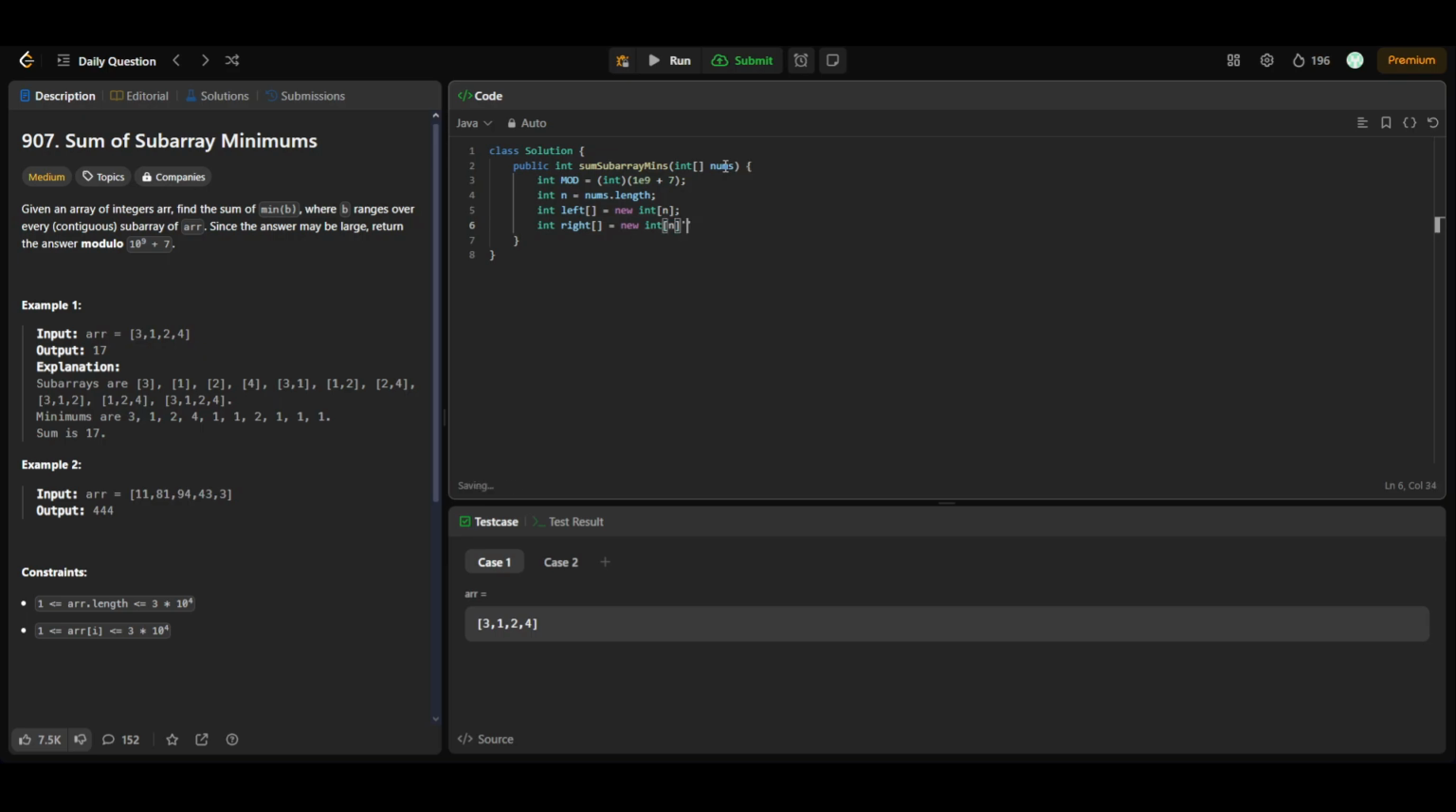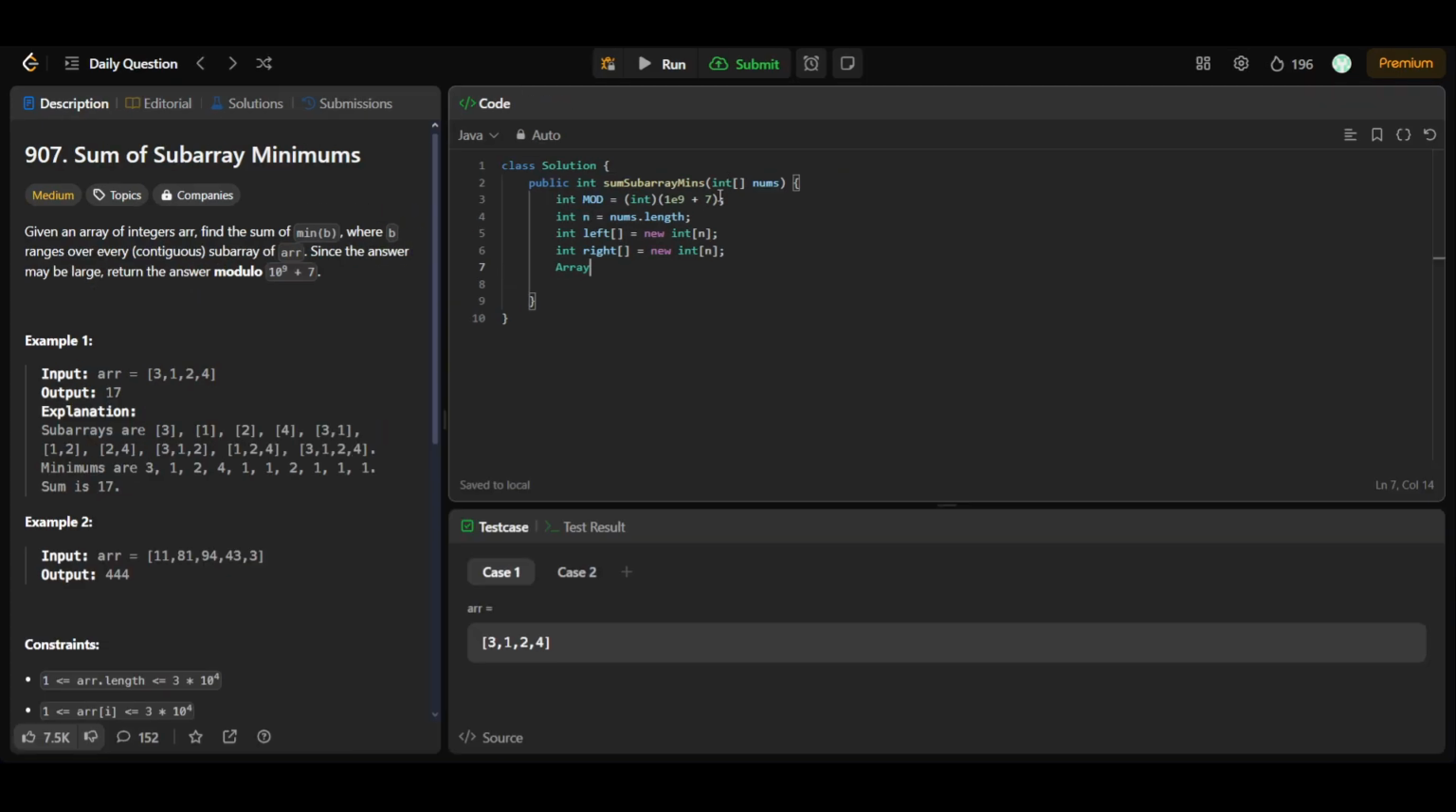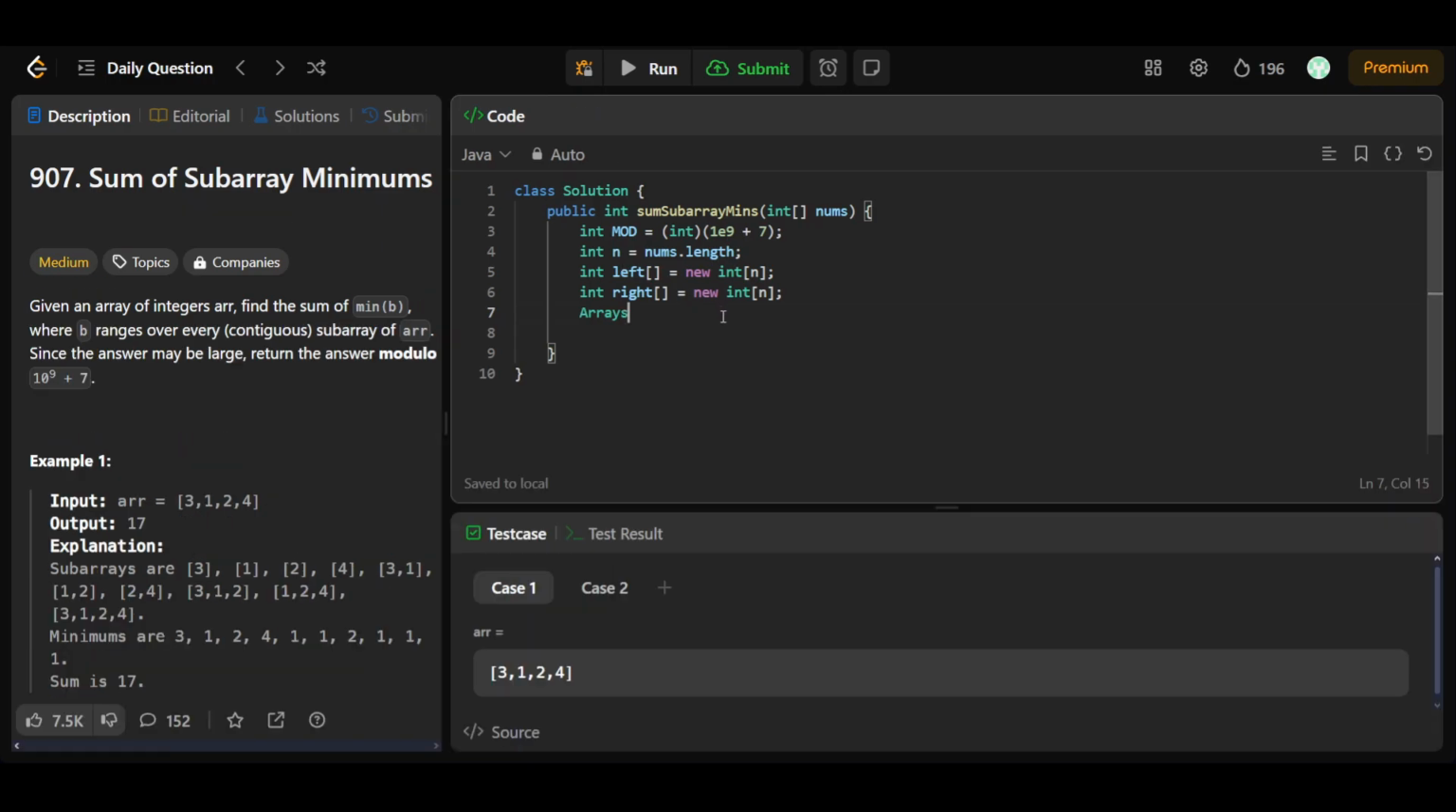In the left array, there might be a chance that we won't get a lesser element on the left side. So the least element which we can choose is the one present at the out of the index boundary, that is at -1. So in the left array, we'll be filling it with -1. So directly call Arrays.fill,